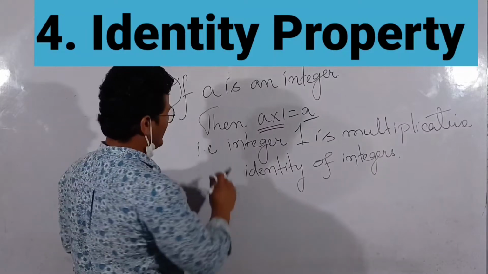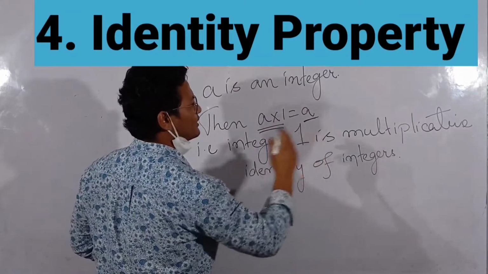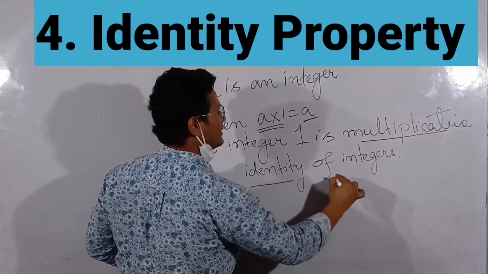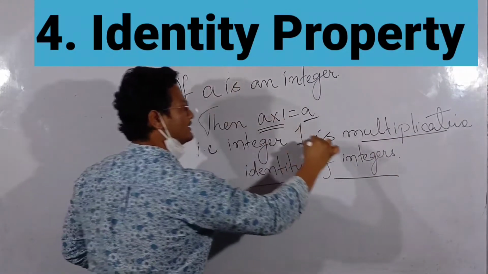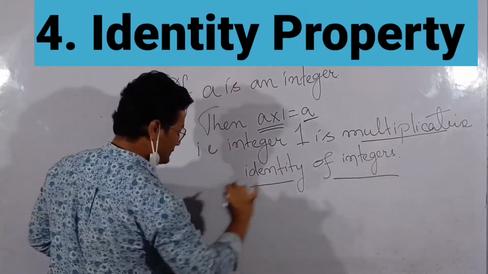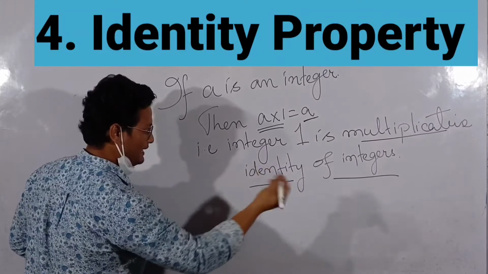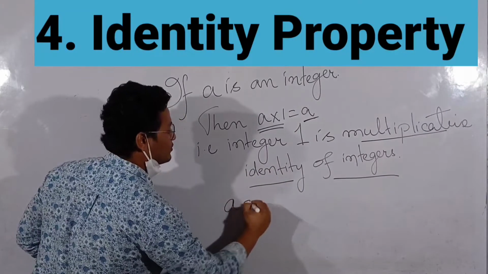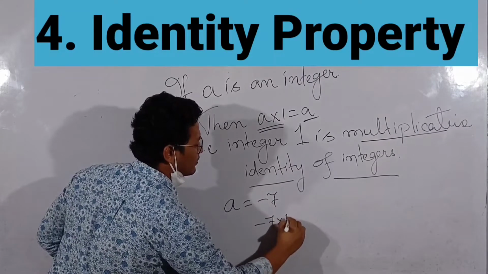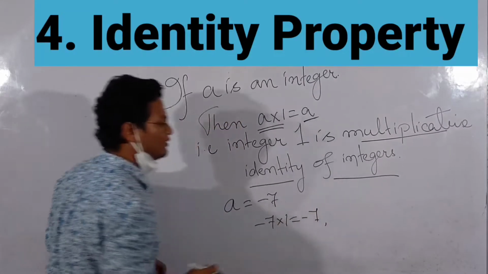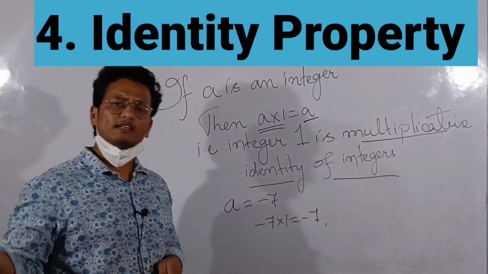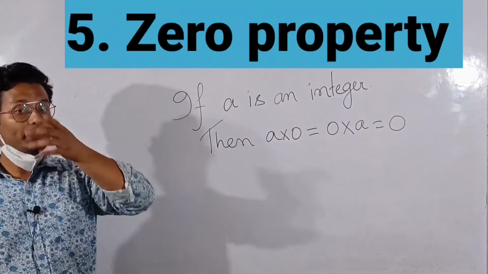We all know that, right? That is, 1 is the multiplicative identity of integers. Suppose I take an integer, let a is equal to -7. Then -7 into 1 will be -7 only, right? I will not explain another example; those who understood, understood. So dear students,